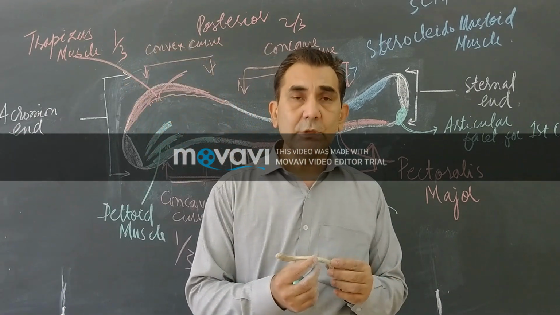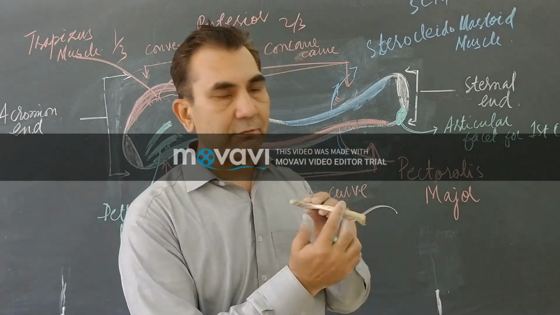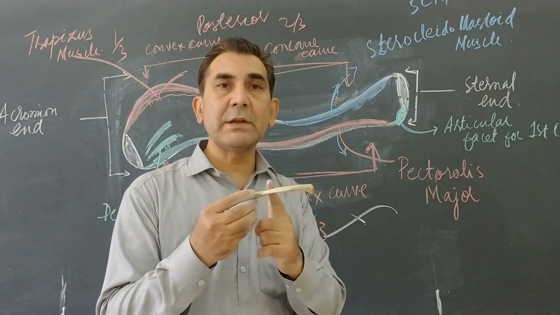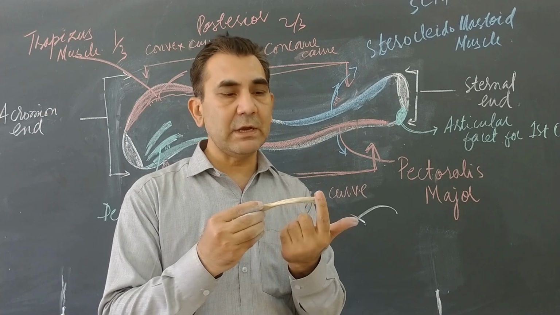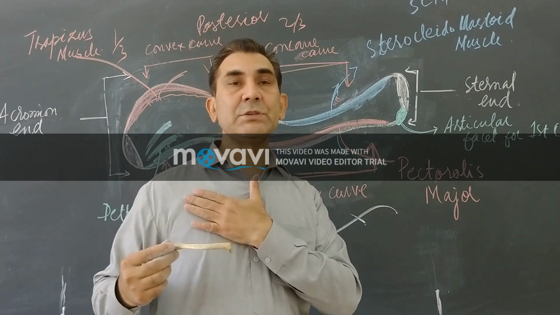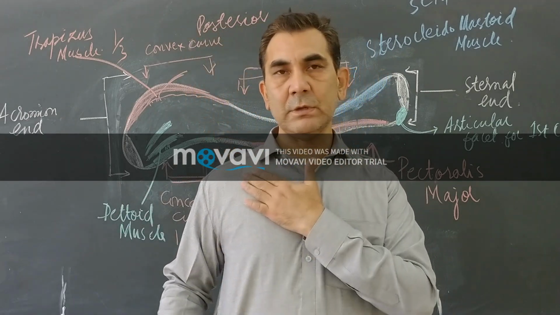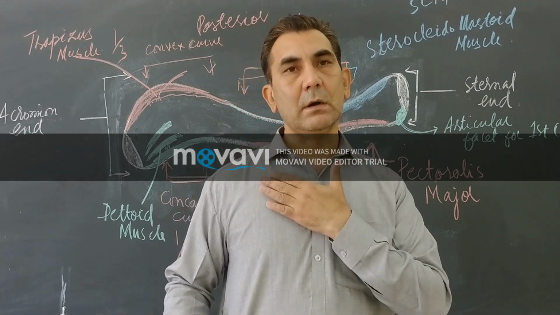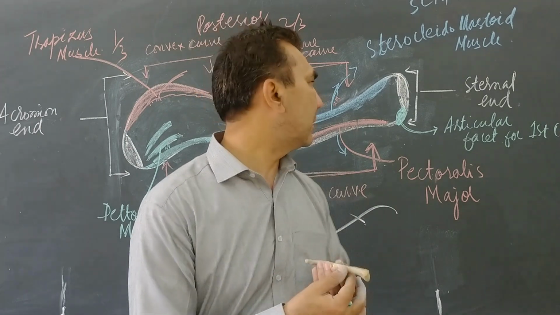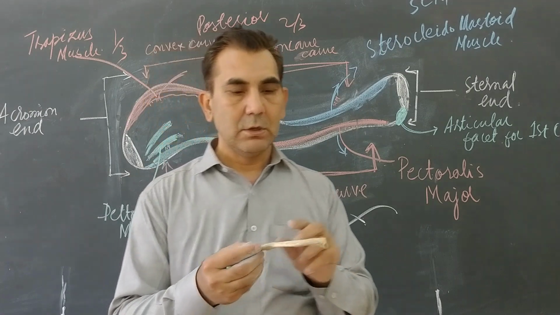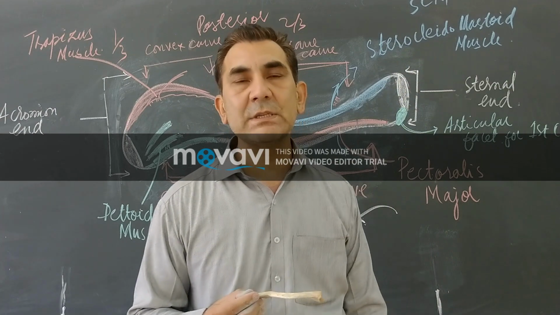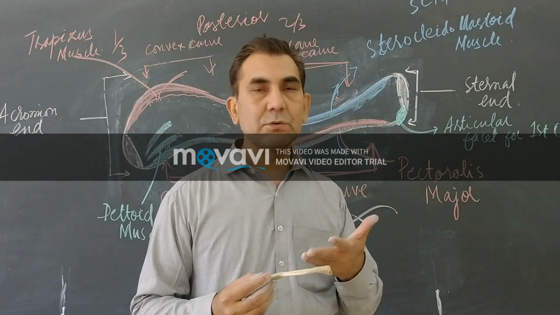Now if you see the sternal end, it is convex in shape from the anterior side and concave in shape from the posterior side. The anterior border is a crest-like structure. This border is for the attachment of the pectoralis major muscle, which is present at the front of the thoracic cage. The superior and posterior border is for the attachment of the SCM muscle, the sternocleidomastoid muscle, which originates from here and